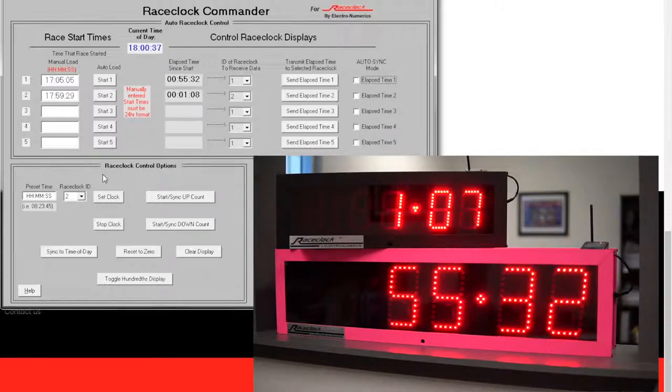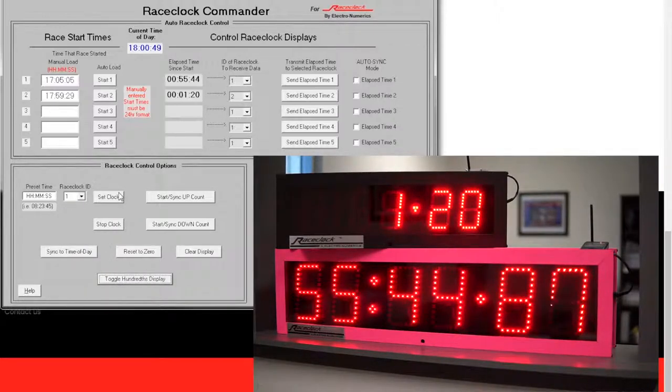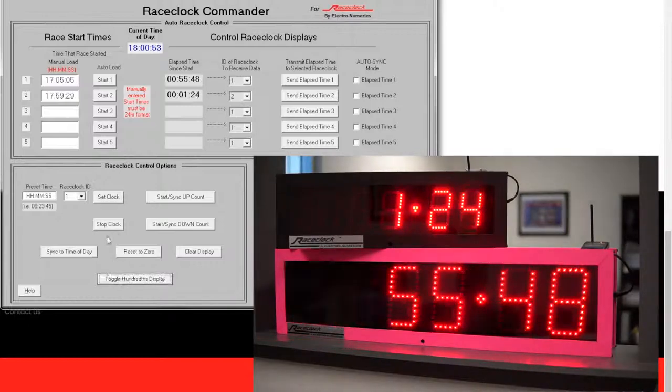Some other options you have down here is the manual control. If we wanted to, we could say let's take clock number 1 and we want to display hundredths of a second. So we're going to hit that and the clock will change to hundredths of a second. Another thing is if you wanted to manually control the clock, you could put in a preset time, set the